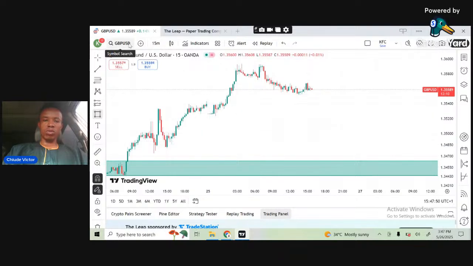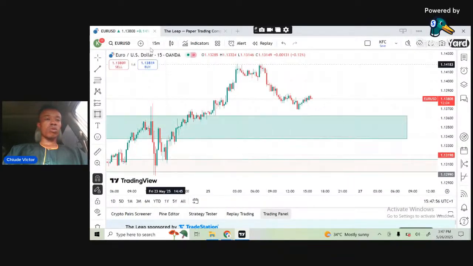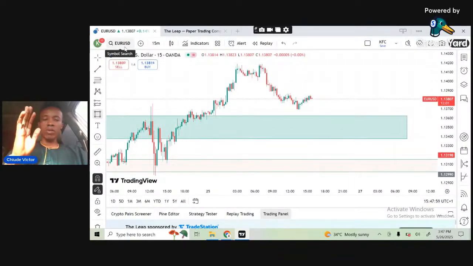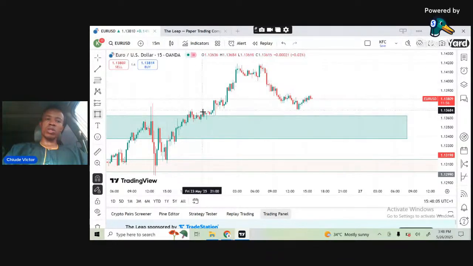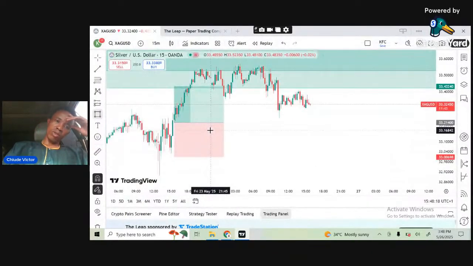Free channel for GU. For the VIP channel, you can go short on EU. Take note of that. But just know that there is no clear directional bias on this right now. The bullish move has already occurred, which is this. It's retracing bearish. So if you try to go in right now for this entry, you might not get the market movement very correct because the directional bias is not clear.